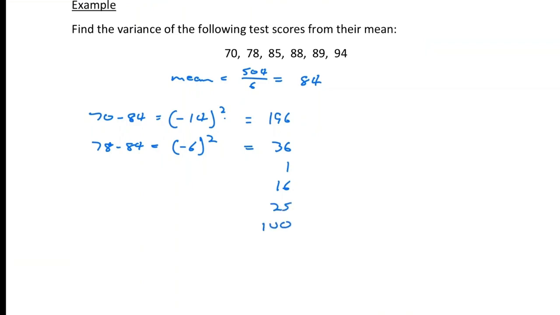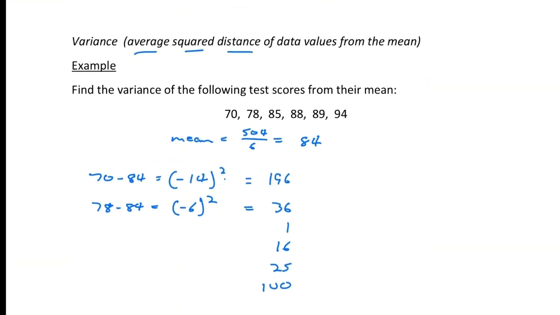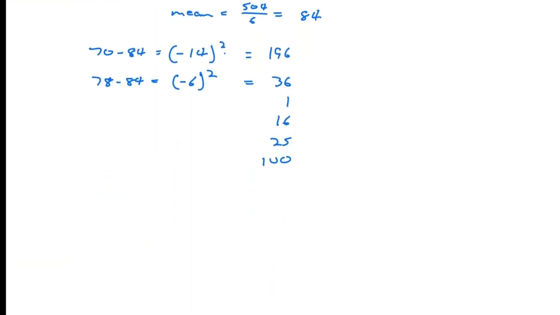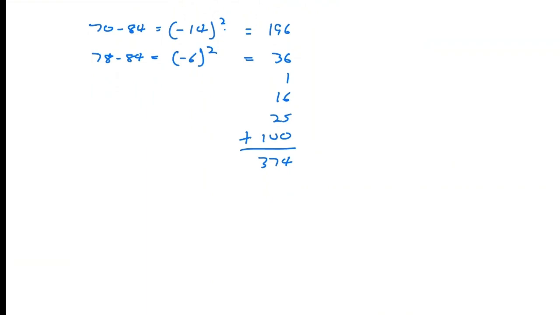So those are all of the squared distances from those values to the mean. Now I want to find the average of those squared distances. So I'm simply going to add them together. Adding them up gives me a total of 374. And to find the average or mean, we know that we divide that by the number of values. So to find the variance,